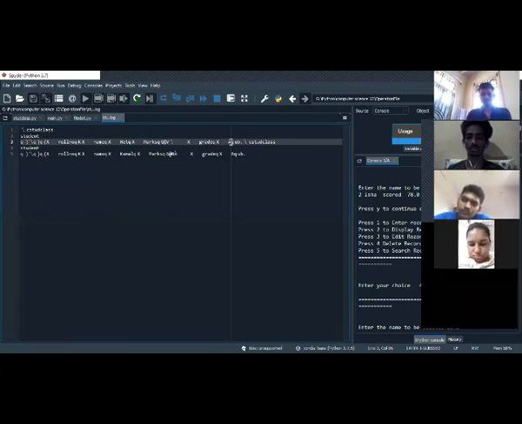So character is the smallest unit. Anything can be converted to a small unit. So ASCII value, as I told you, is the smallest unit. So what we do: I write float, double, integer. They have more than 1 byte. So when we want to convert them, I need to convert to the smallest form, and those are ASCII values.